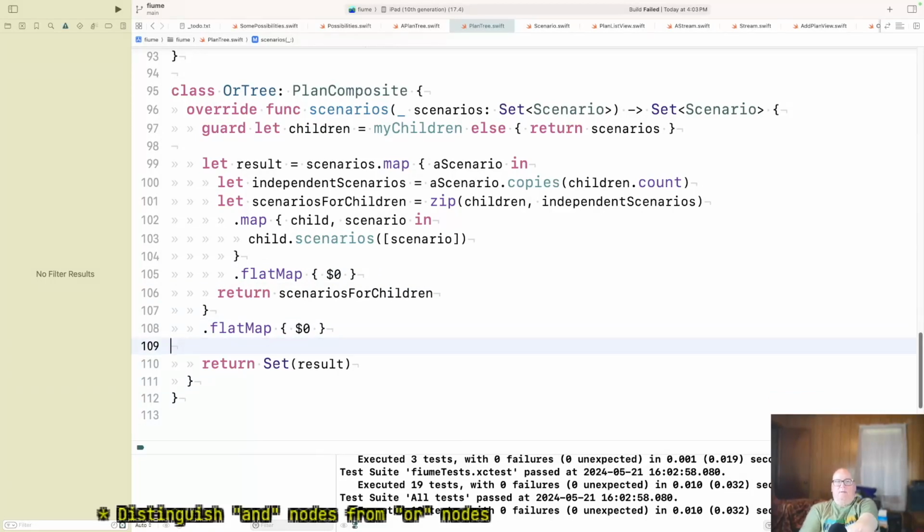But the challenge is we're bouncing back and forth. Maybe set is just the wrong metaphor. I mean, it is a set, but I don't know. All right, let's make sure this still works.